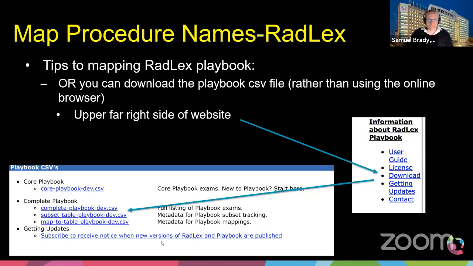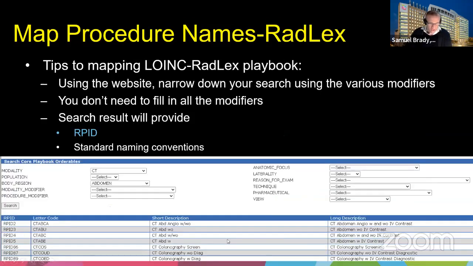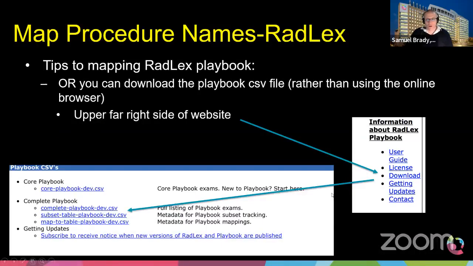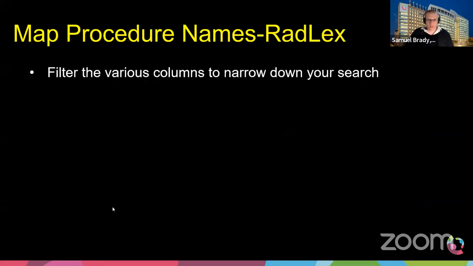So as I mentioned, you can do everything directly on their website, or you can go on the, I think it's on the left or right side, I can't remember, of the screen. There's this option right here called download. You can click on it and you have the option to physically download that playbook. It comes down in a CSV file, which could then easily be opened up in any Excel-like software. And when you click on it and launch it, you can, from your desktop, actually adjust things. You can narrow down your search, kind of like what I showed a moment ago.